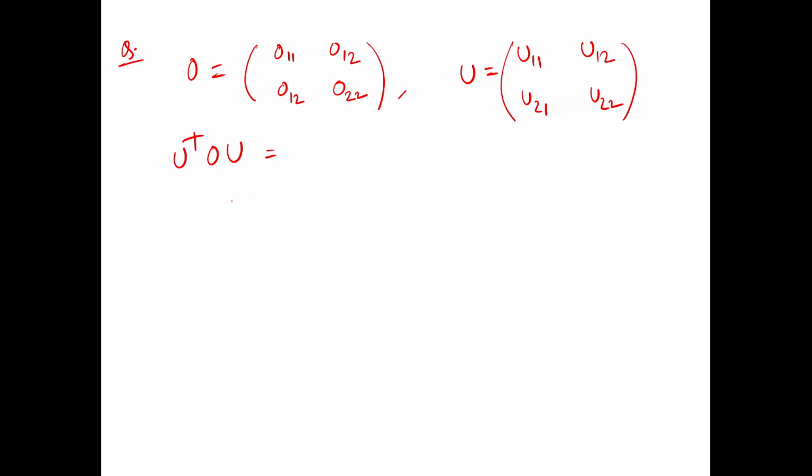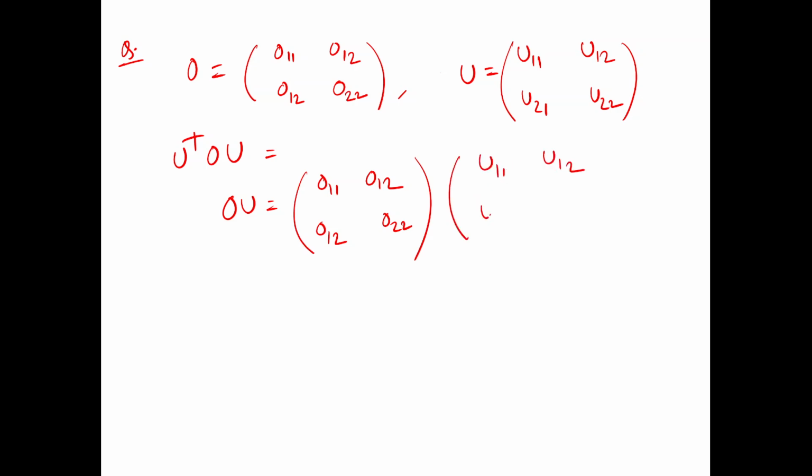Let's first do OU, which is basically O11, O12, O12, O22 times U11, U12, U21, U22. Now if you do the matrix multiplication, you will see this is basically O11